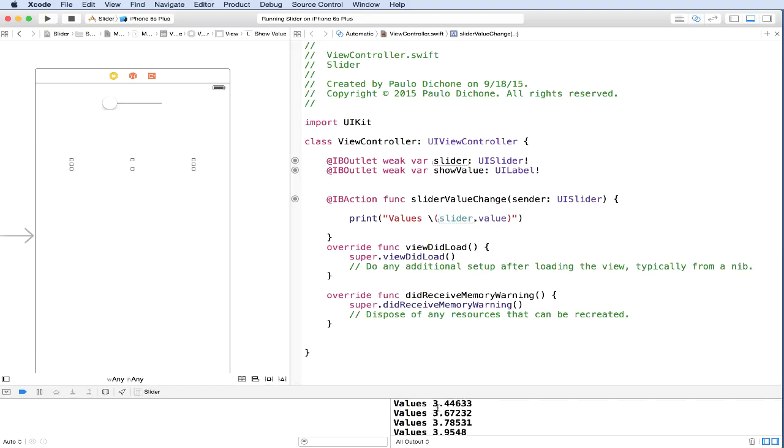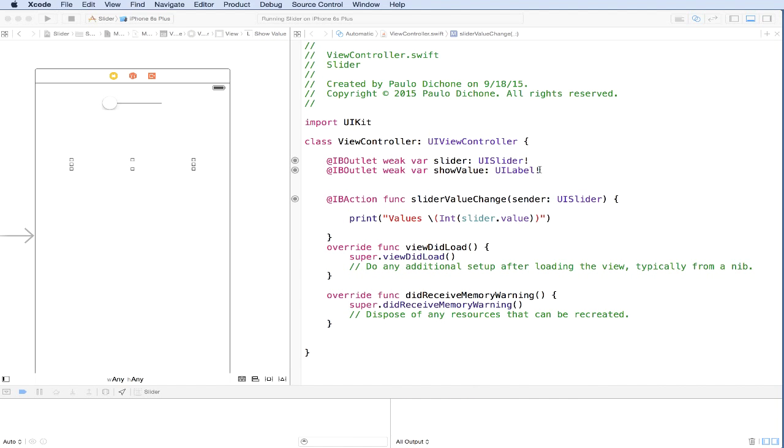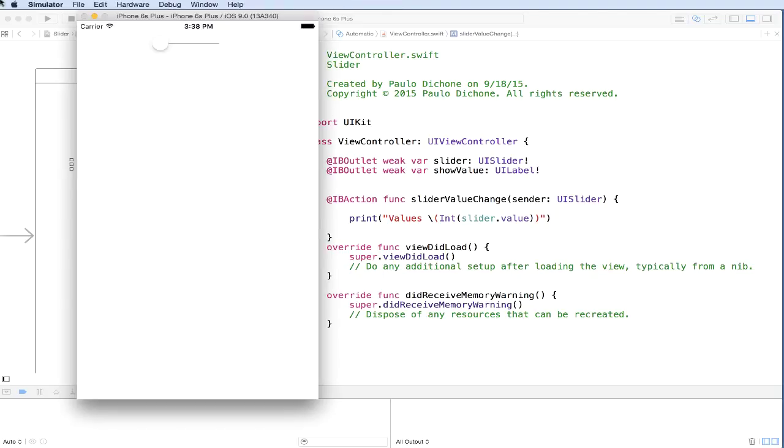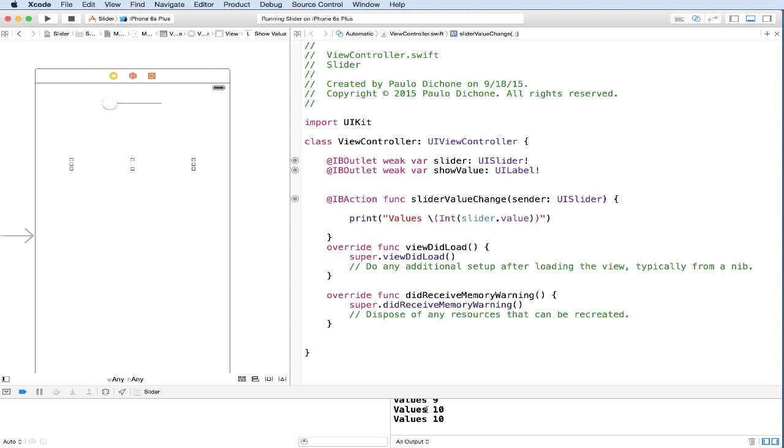If we wanted to see just integers instead of floats, we could just go inside here and say int. So what are we doing here? We are actually changing the value from float to integers. If we save this, stop and run again, we should now be able to see whole numbers. Okay, there it is. Let's go ahead and move things around. As you can see, it's showing all the numbers. Perfect.